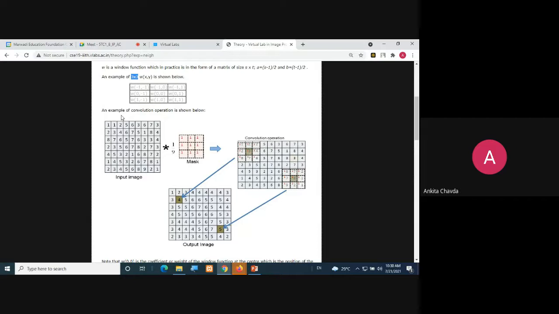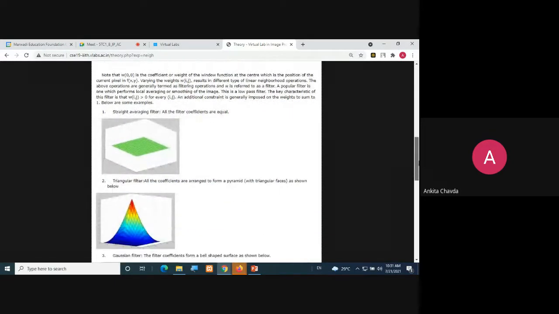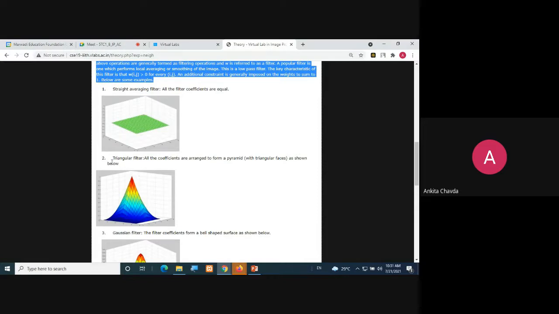This is what we are going to learn in our theory. But once you see the same application with the practical approach, you will get to know this thing very well in theory. So here we have 3 filters: straight averaging filter, triangular filter, and this Gaussian filter. You can see this triangular filter is a very sharp cutoff kind of filter.